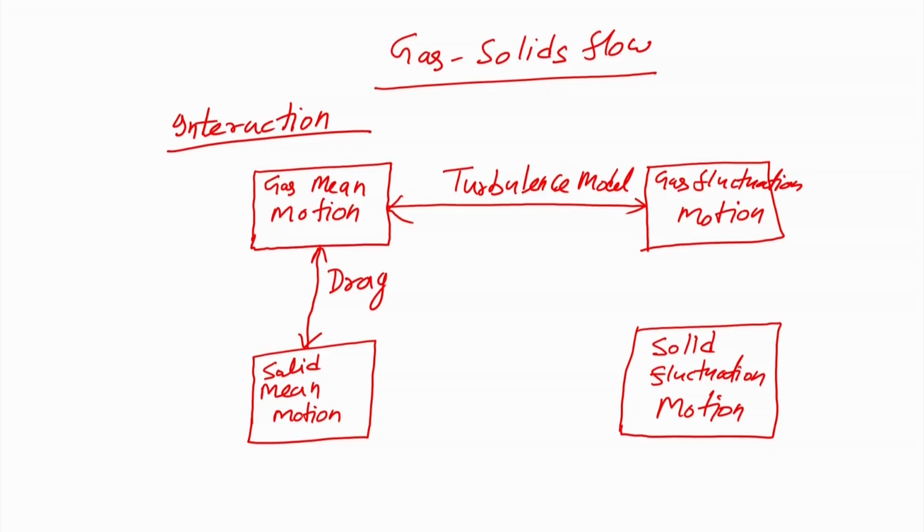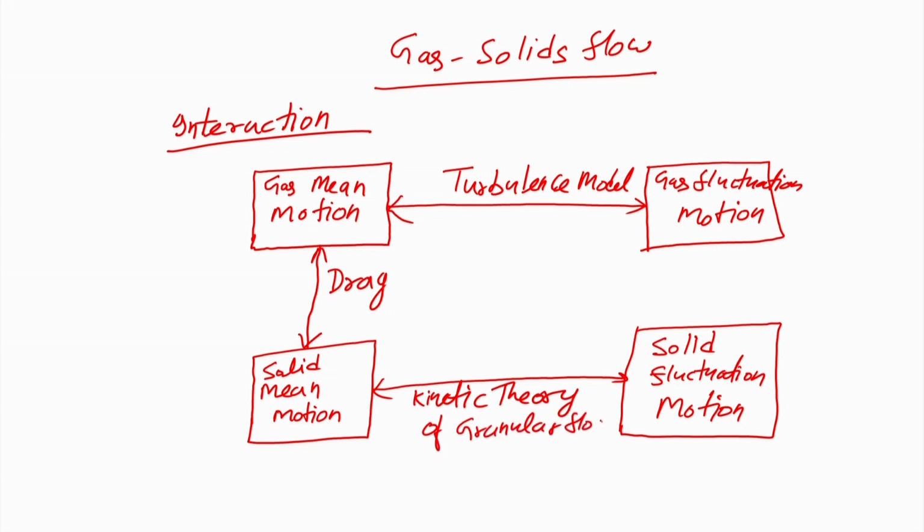Similarly, the solid mean motion and solid fluctuating motion are correlated, and this is modeled by using kinetic theory of granular flow, more commonly known as KTGF, and we will briefly discuss KTGF once we discuss the CFD part. So, as you use the turbulence model to model how the gas mean motion and gas fluctuating motion are correlated,